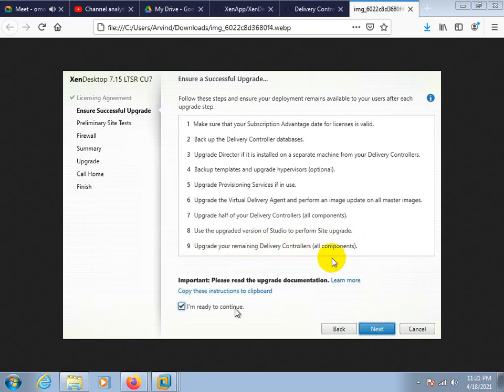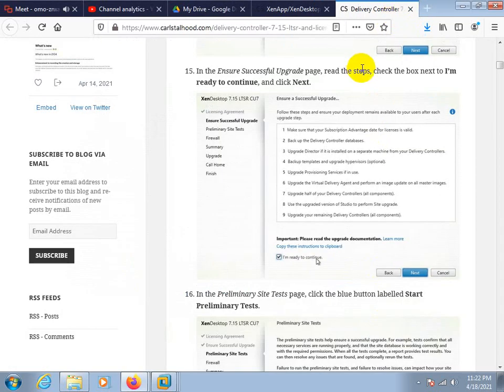Suppose you have two delivery controllers in the environment for load balancing and you have two StoreFronts also. So first you need to upgrade the first delivery controller and test all these things, and after that, at the end, you need to upgrade the second one. Okay, to clear this.